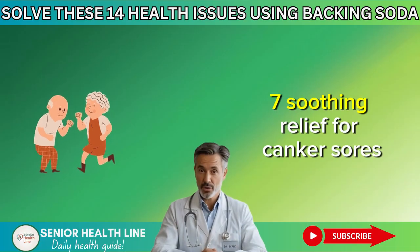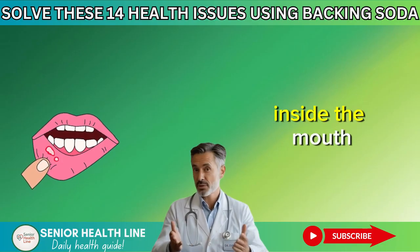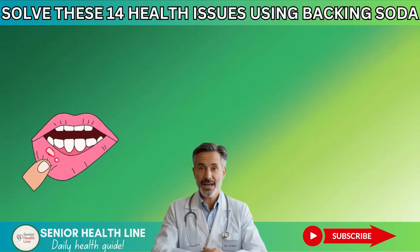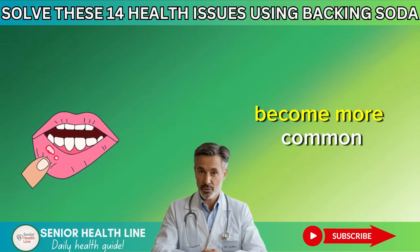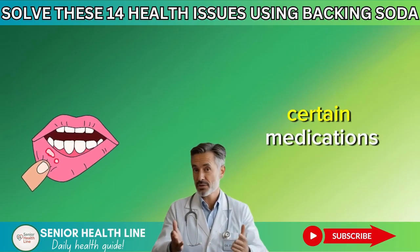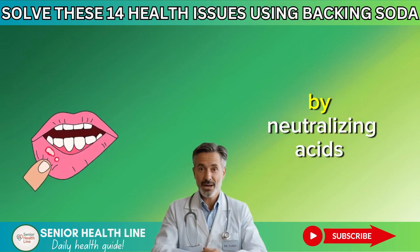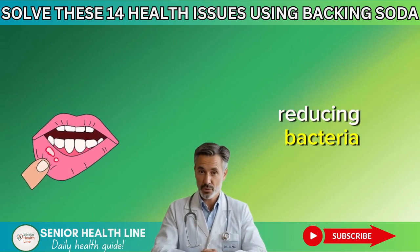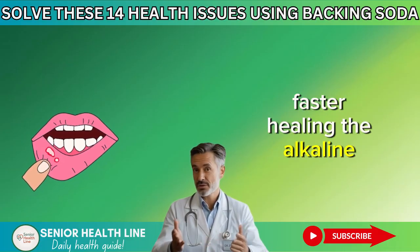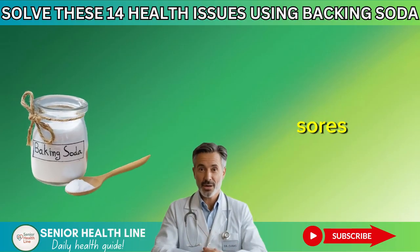7. Soothing relief for canker sores. Those painful little ulcers that appear inside the mouth can make eating, talking, and even smiling uncomfortable. Unfortunately, canker sores tend to become more common and take longer to heal as we age, particularly for those taking certain medications. A simple baking soda rinse can provide remarkable relief by neutralizing acids, reducing bacteria, and creating an environment that promotes faster healing. The alkaline nature of baking soda soothes the raw nerve endings exposed in these painful sores,